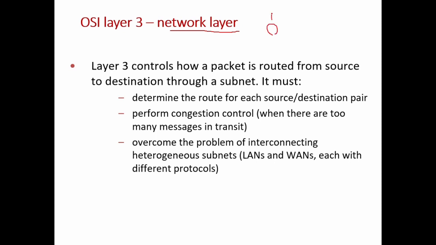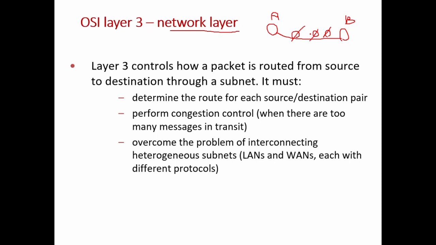So if we have, for instance, A here and B here, and some intermediate nodes in between, this network layer doesn't care about these nodes. Its main responsibility is transferring the data between A and B, between the sender and receiver. Another responsibility is to determine the route for this